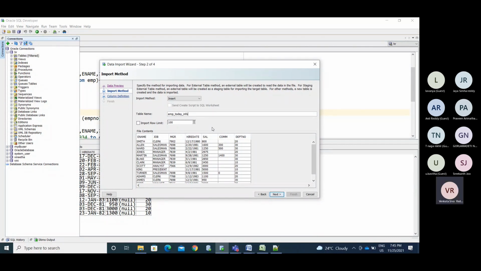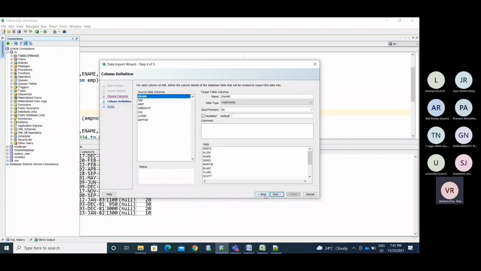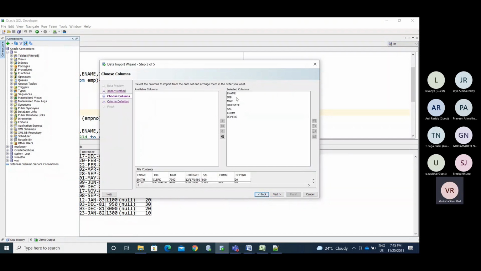Okay, so you got the information from the client. Now you make it like the table. Whatever columns we have from the client, these are the columns. If you don't need any one of the columns, you can exclude it using this option. While creating this table with these 7 columns, you are excluding this commission column, so it won't create that column.